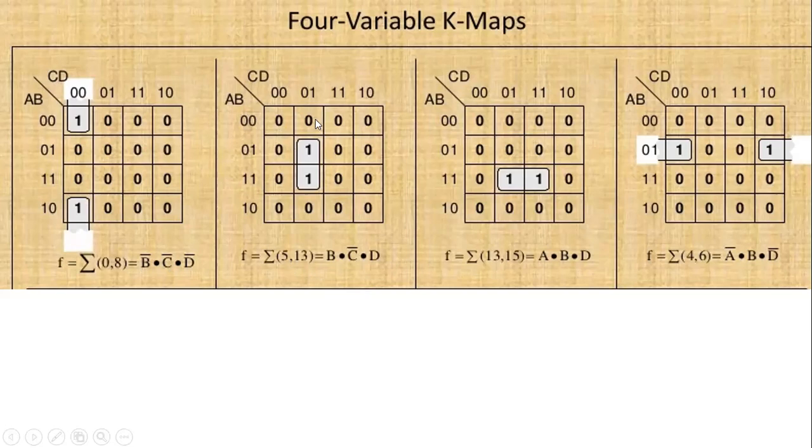Now, next example, if you see, the example says 5 and 13. Again, let's go 0, 1, 3, 2, 4, 5 is coming here, then 7 and 6. Then the extreme bottom 8, 9, 11 and 10, 12, 13, 15 and 14. Right? That is how we have filled it. Now we got the positions 5 and 13 here. The first thing we have to do, summation indicates SOP. That means we will be using 1. The positions we have got are 5 and 13, so we have filled 1 and 1.